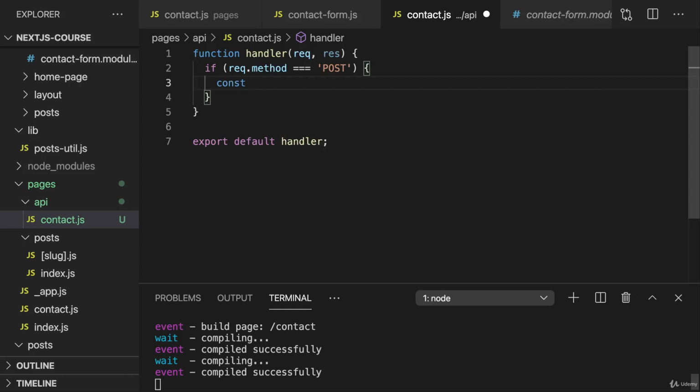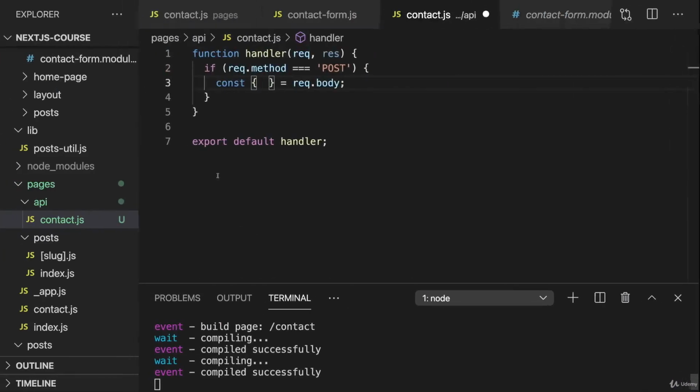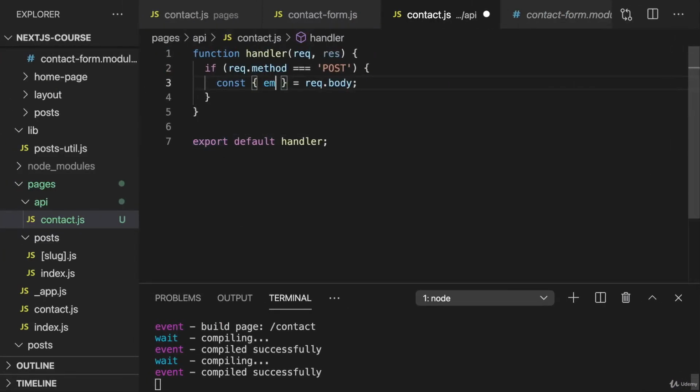As a first step, I want to extract data from the body of that request. Now, thankfully, as we learned, Next.js will automatically parse that body for us, so we have this request body property which holds the request body. And we can now just get data out of that, for example, with object destructuring. And we could expect that we have an email, a name, and a message field in that body. We have to make sure that we add those fields to the request body when we send the request from the front end later. But here I'll assume that I have an email, a name, and a message property in